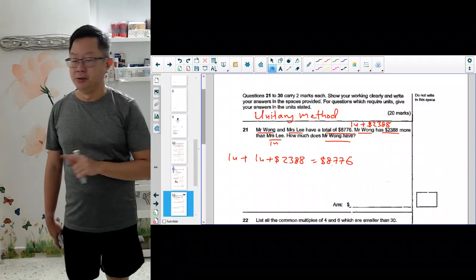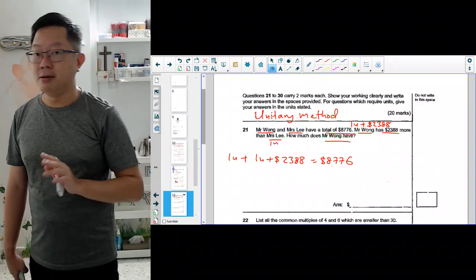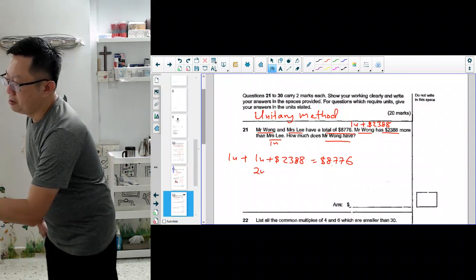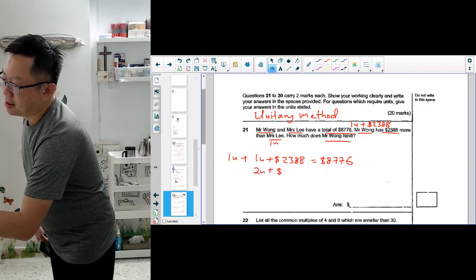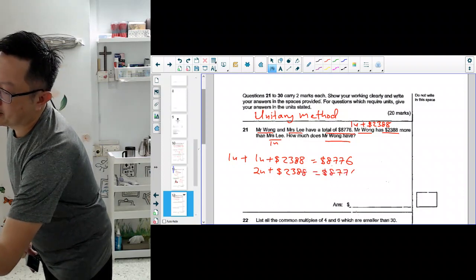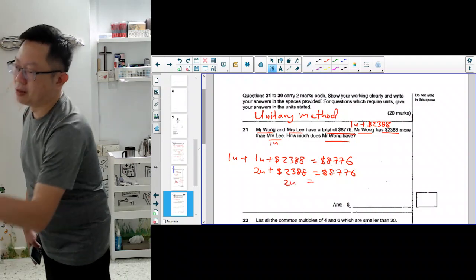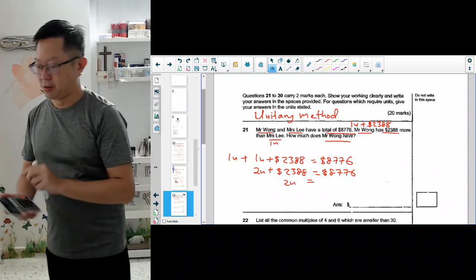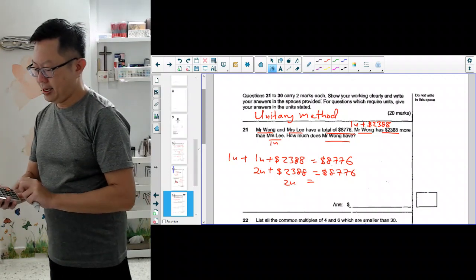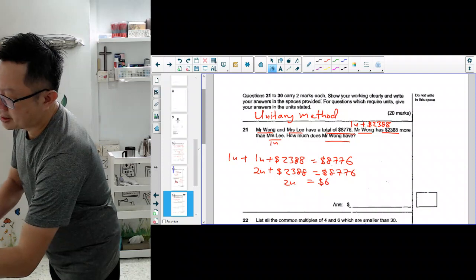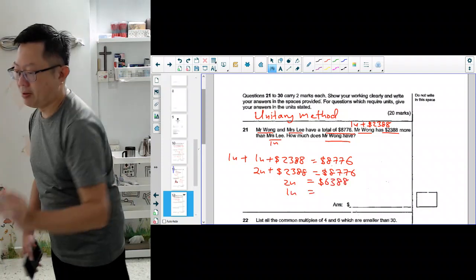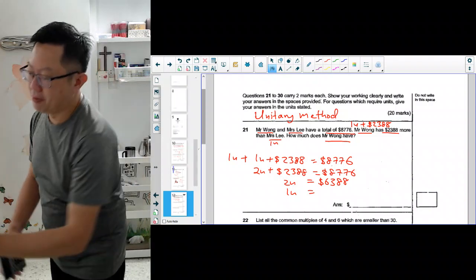Alright, so that's how you apply the unitary method, which is putting units into your statements. Then you have 2 unit plus 2,388, and that will give you the total. So can you find how much is 2 unit? So 2 unit will be total, and you minus. You take a total, which is 8,776, and you minus 2,388, and you get $6,388. And then you find 1 unit, so you divide by 2, and that will give you